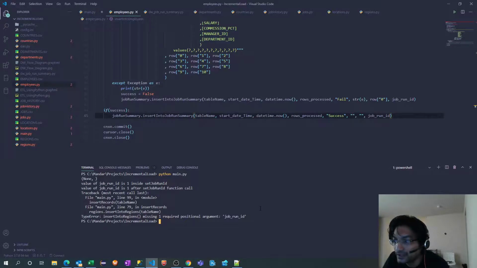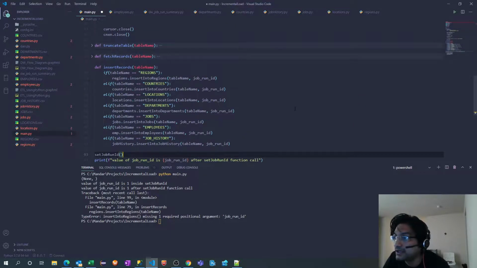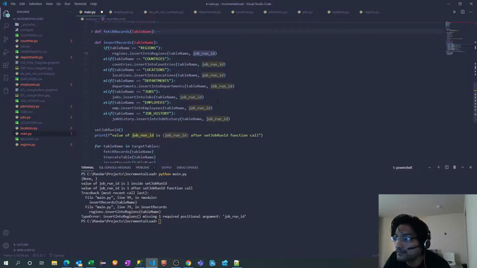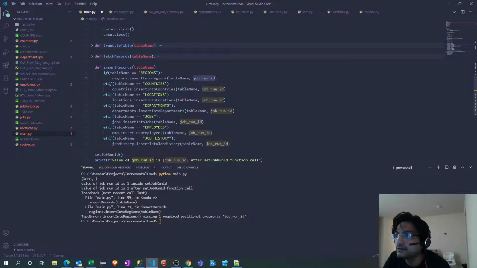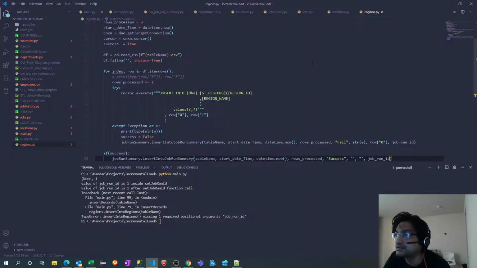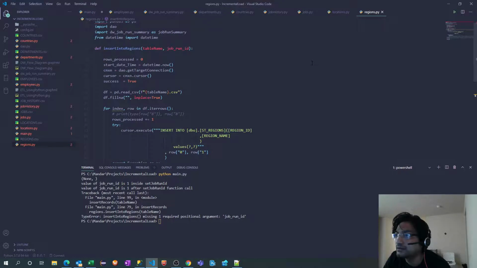Oh, it failed. What is it saying? Missing required positional argument in main.py. Where is it failing? Line 79, insert into regions. If I go back to regions, yes, I have the second one.